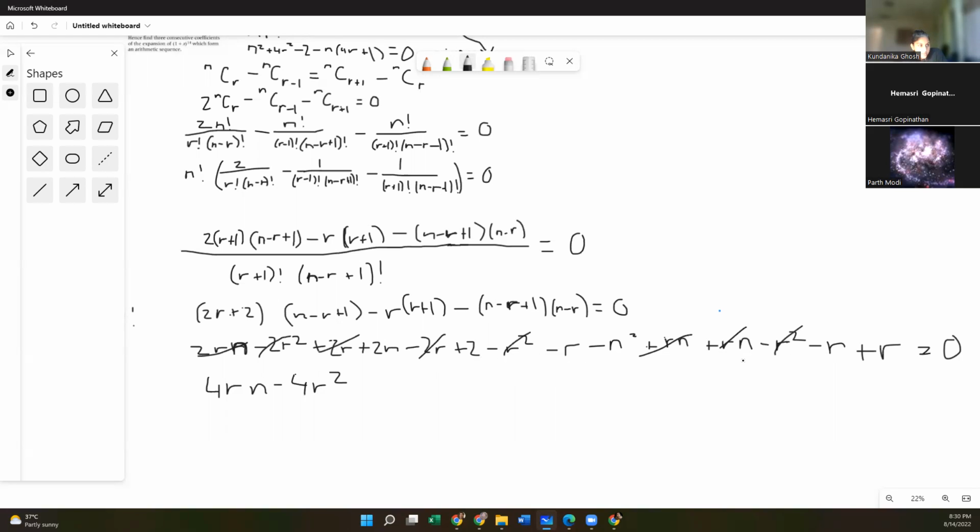This 2 and minus 2r should cancel. So after the minus 2r plus 2, minus, oh, because that says minus n squared. Oh, yeah. Wait. Sorry, something went wrong just because all the n's and r's look the same here. So it's kind of hard for me to tell what I actually wrote.